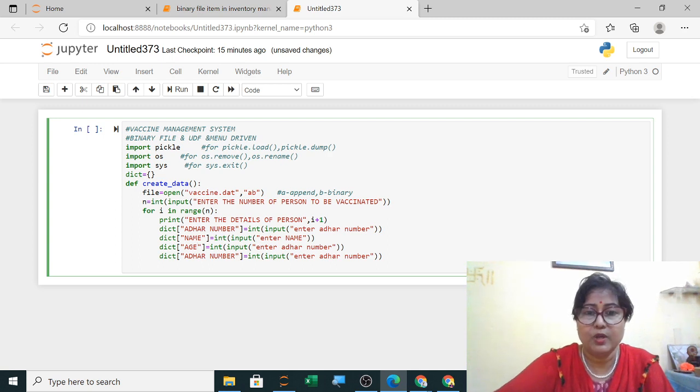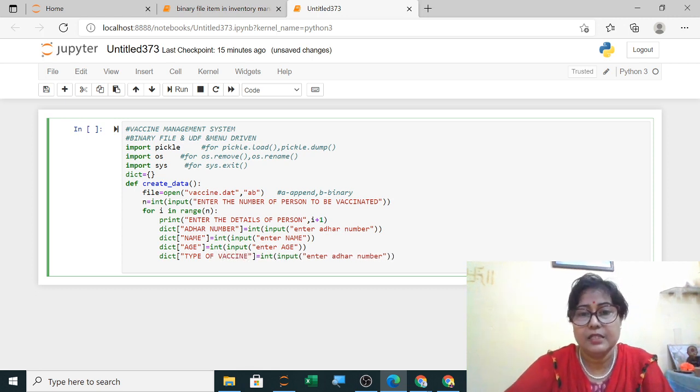And the last one will be which type of vaccine it is. Enter age and the type of vaccine. Vaccine type, so enter type of vaccine.